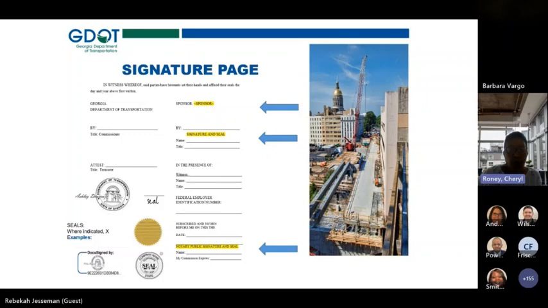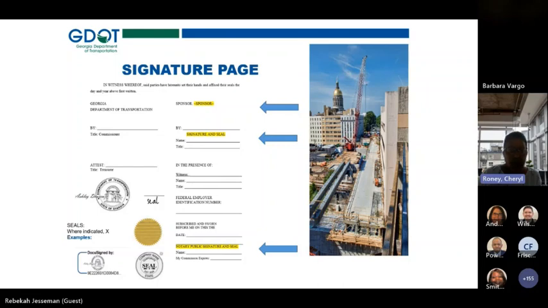So one of the other issues is the notary and the seal. So if you would, follow the instructions that I mentioned earlier, and then hopefully you can use the presentation to assist you when you get your contract and go through it. And on the left side, these are some examples of how some of the seals look.